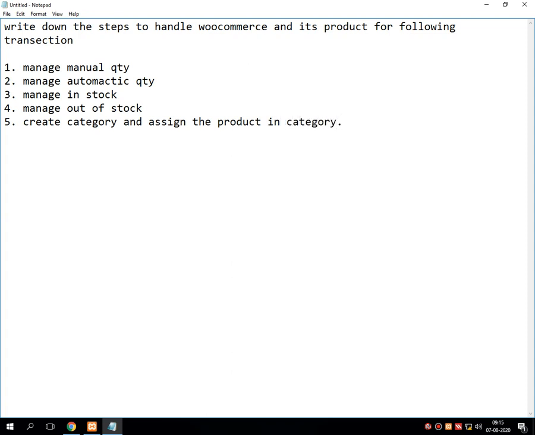So students, you have to perform all these 5 practicals at your home, and you need to maintain the journal for the same. Just write down the practical steps that I have conveyed to all of you, and once it is done from your side, just mention it in the journal that you are maintaining.